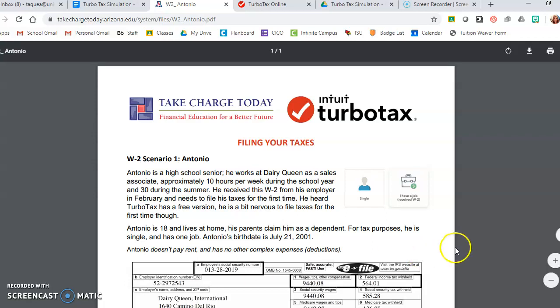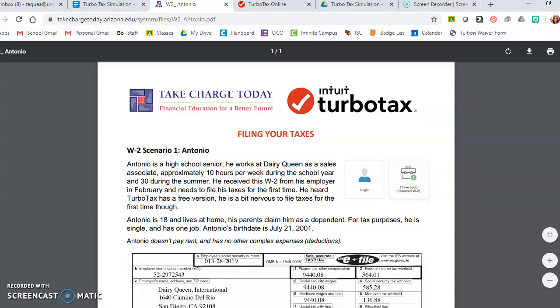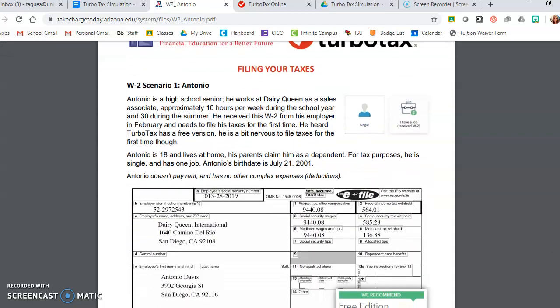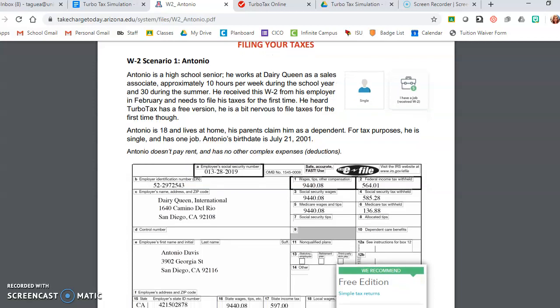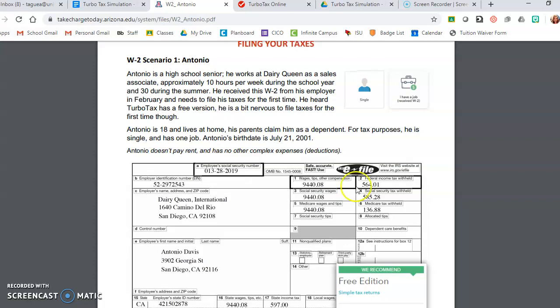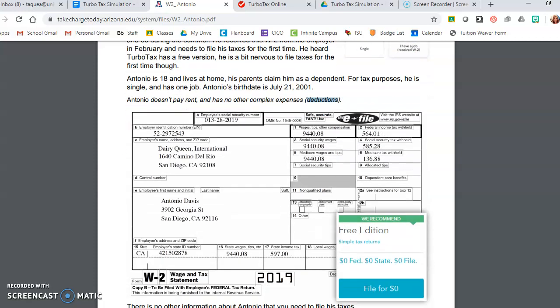Antonio is 18. He lives at home. His parents claim him as a dependent for tax purposes. He is single and has one job. And here is his birth date. He doesn't pay rent and has no other complex expenses, aka deductions. Okay. So here's our